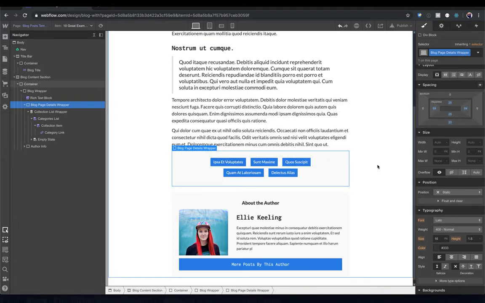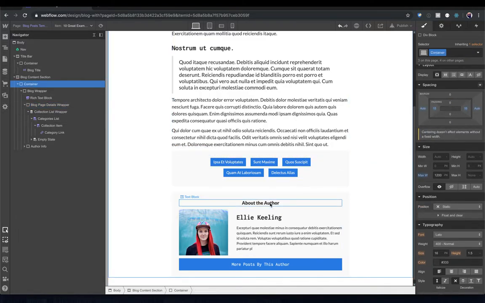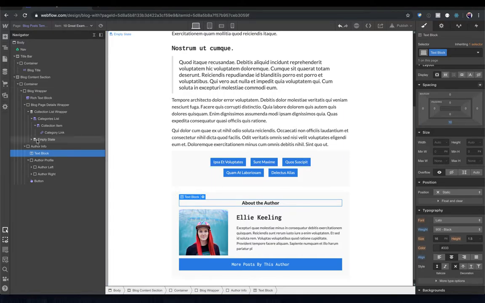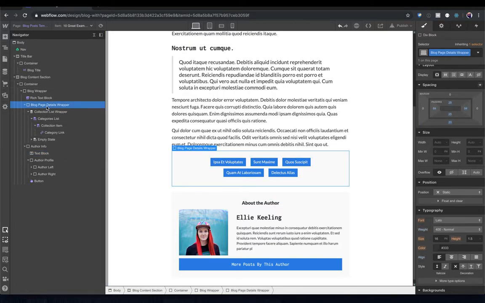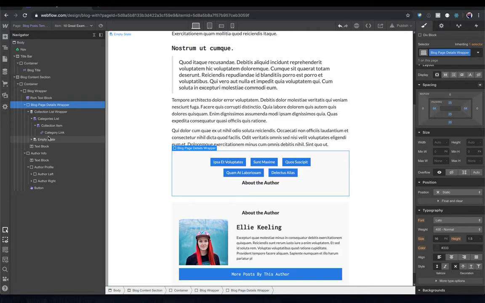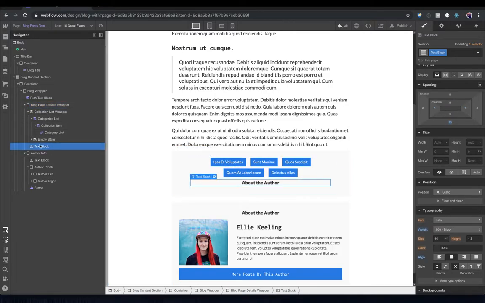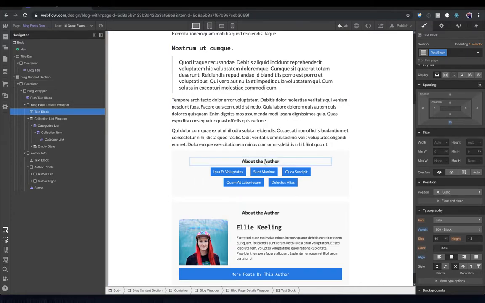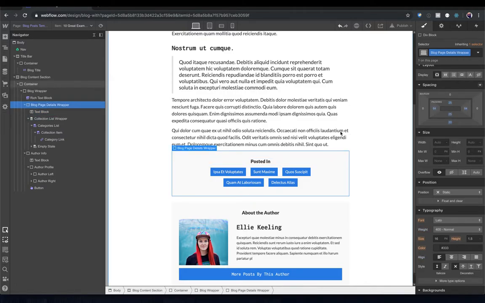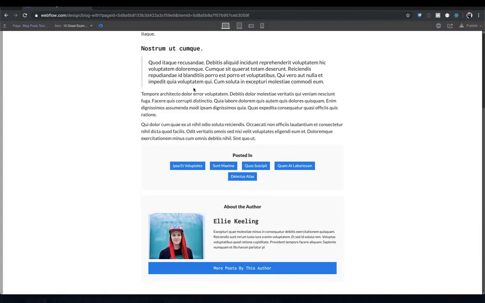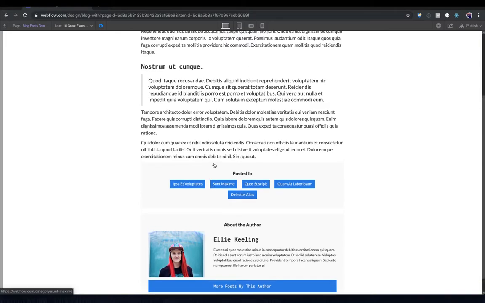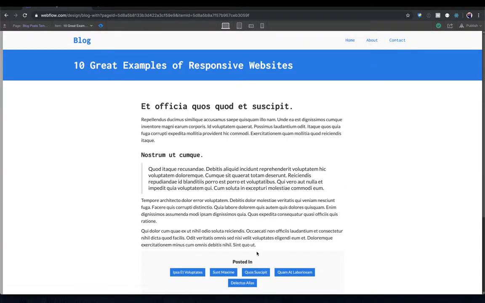I'm going to do this right here. Perfect. Okay, and then we'll do the same thing. We'll copy this text block, and we're going to put it up here in the blog details wrapper. And we're just going to select it. It's right here. And drag it up top, and we'll say posted in, or you could say categories or tags or whatever. And so now if they click on these, it'll go to that category, or they can click on the author, see more about the author, or they have the blog post itself to read,